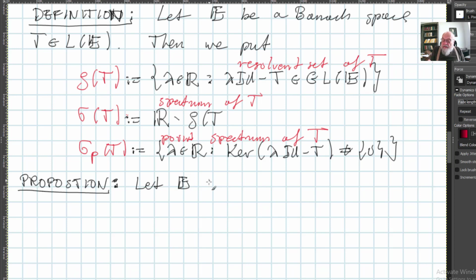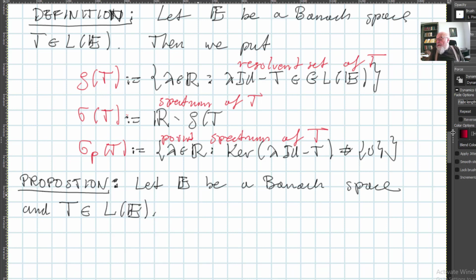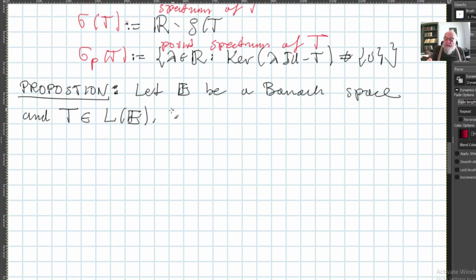Let E be a Banach space and T belongs to L(E), then we have: